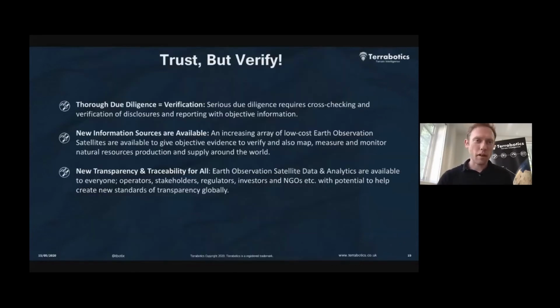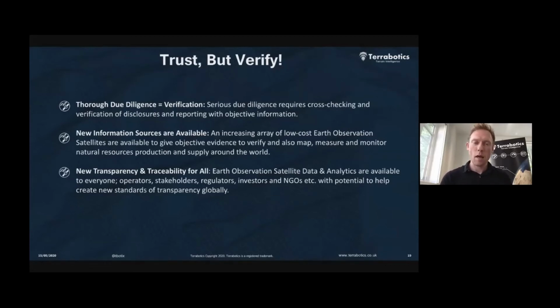So I think I can sum up there, actually. So trust, but verify. We now have tools in Earth observation satellites, and the analysis that has to accompany them to transform it into useful information, is one tool that helps do more thorough due diligence and verification. If the ESG community, all stakeholders, are serious about this, then this data is actually available. It's available now,